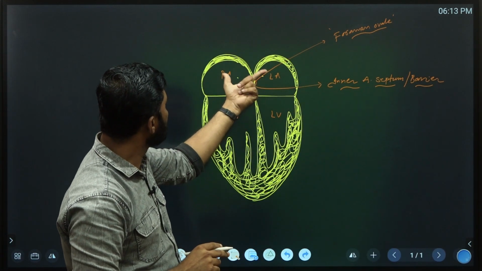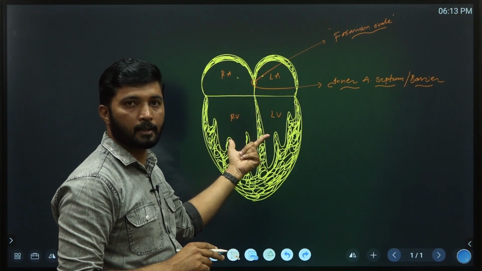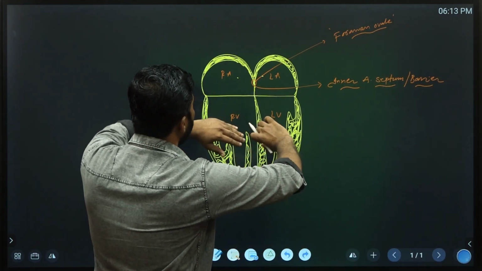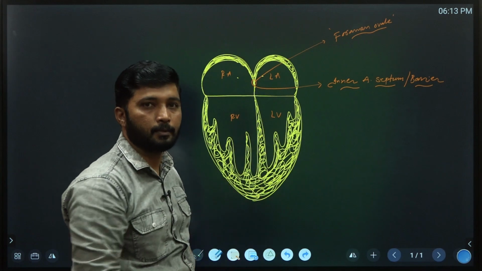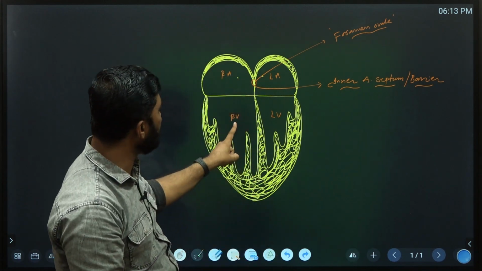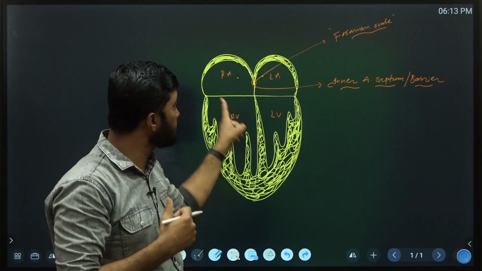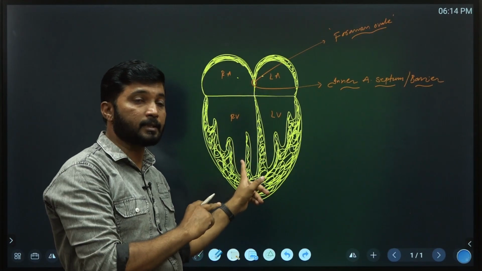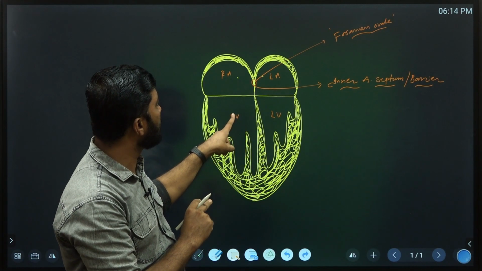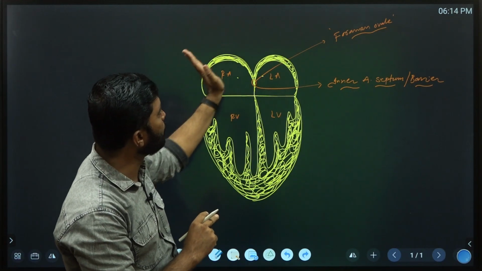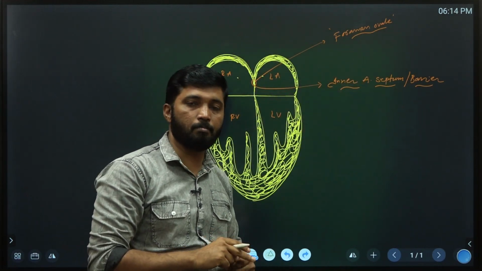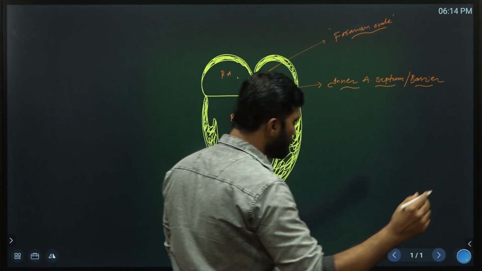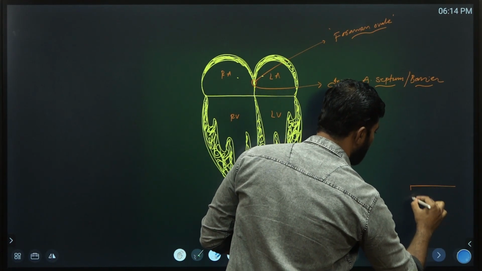From these two chambers, blood enters the ventricles. Both ventricles carry the same blood, the oxygenated blood. From these ventricles, blood is supplied to the different body parts. In adults, almost all the blood of the right ventricle moves towards the lungs. But in the fetal stage, part of the right ventricle's blood moves towards the body parts through the ductus arteriosus, right? If you take the ductus arteriosus,